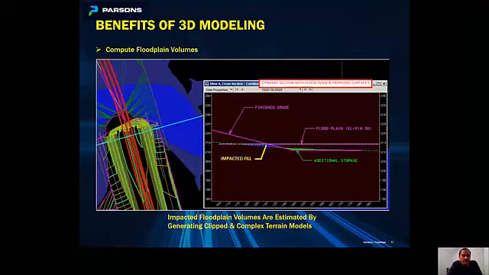Using advanced terrain model techniques, by producing clipped terrain models and complex terrain models, we can accurately estimate the volume of impact in the floodplain areas. And then we can also look for the potential sources of mitigation in the project vicinity, and we can optimize the ditch profiles and generate additional mitigation in the floodplain areas.